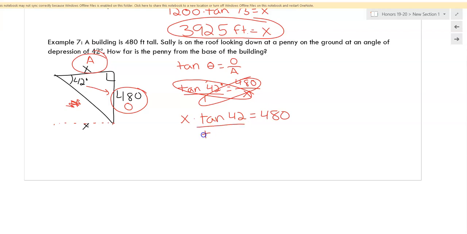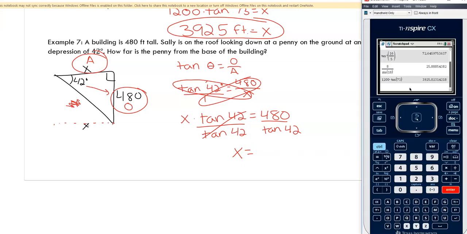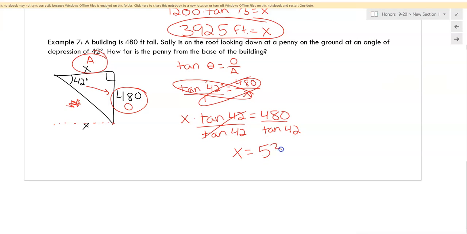I'm going to divide by the tangent of 42. And then 480 divided by the tangent of 42 is 533